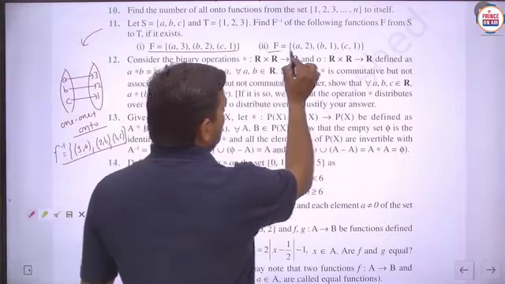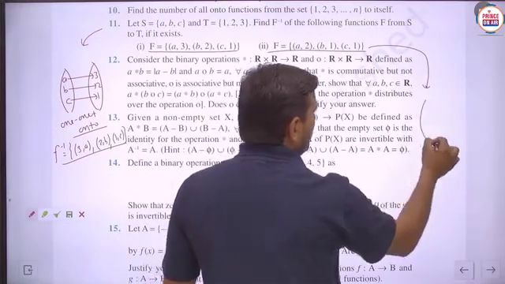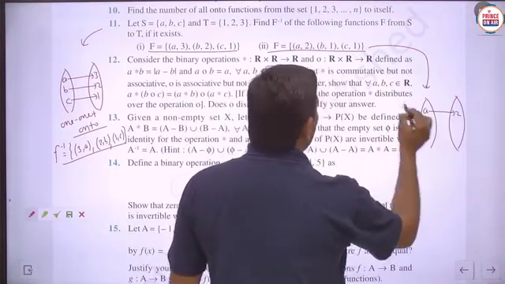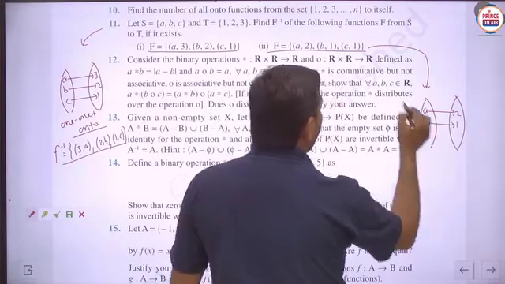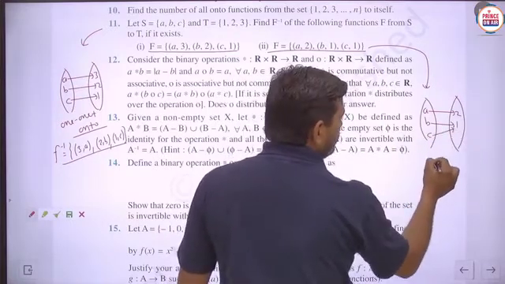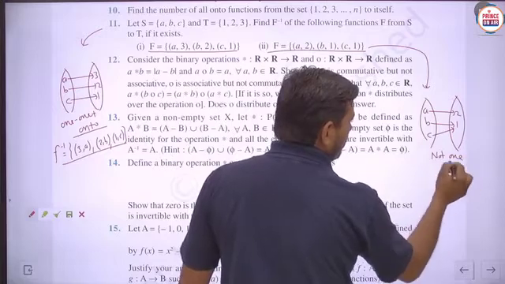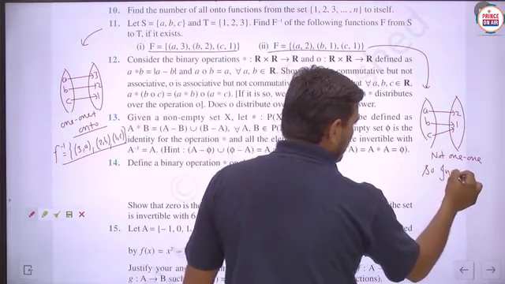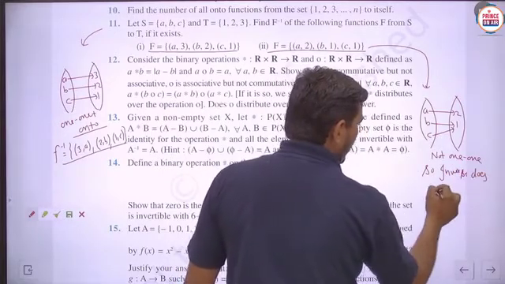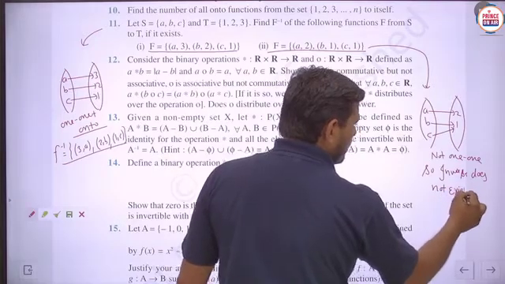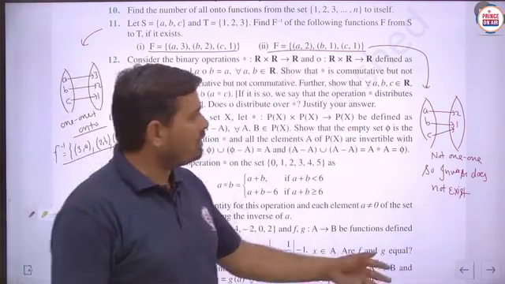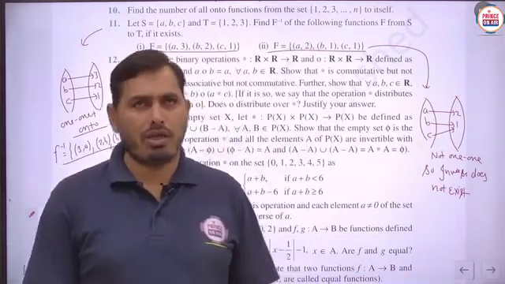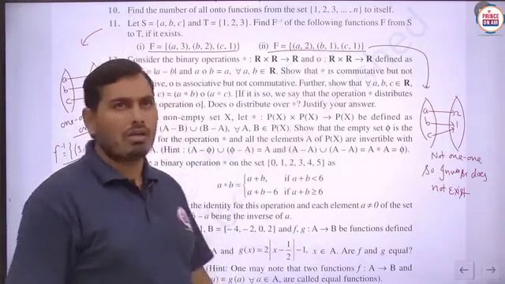Now the second part, you can make the mapping here. In the second function, a maps to 2, then b maps to 1, and c maps to 1, so c also belongs to 1, so it is not one-one. So the inverse does not exist. Inverse does not exist. Is it clear? Easily, students, you can provide the answer. Here this function is many-one, not one-one, so it is not said to be a bijective function. So the inverse will not exist. This question does not have the inverse, but the first question has the inverse.